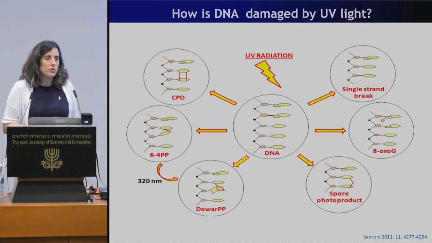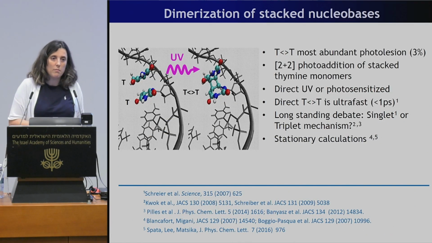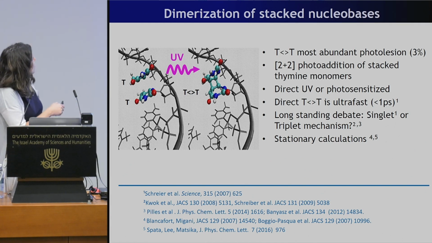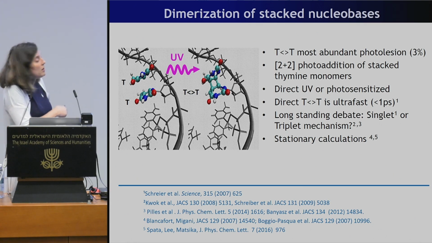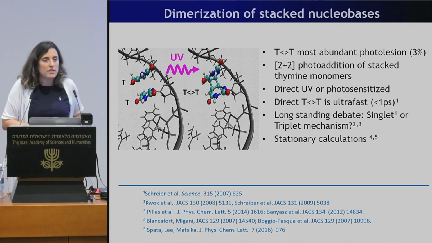So there are many ways in which the DNA can be damaged by sun. You can really have some chemical reactions going on there, summarized here in this picture. And one of the most abundant lesions in DNA is just the dimerization of thymine. So this is an infidelity: the thymine will not pair with the adenine as it should, but will pair with another thymine